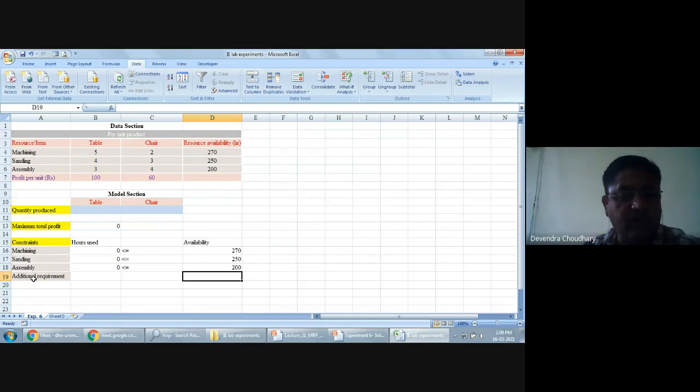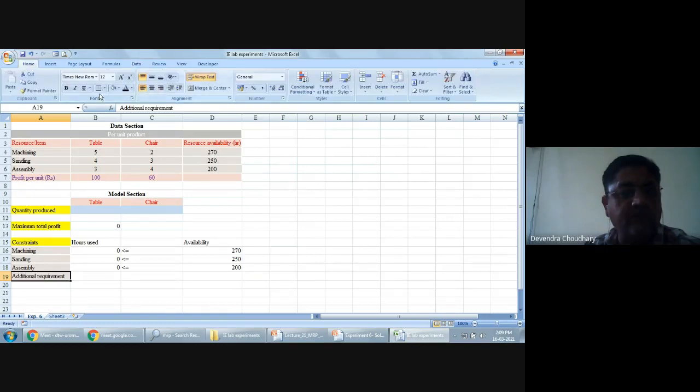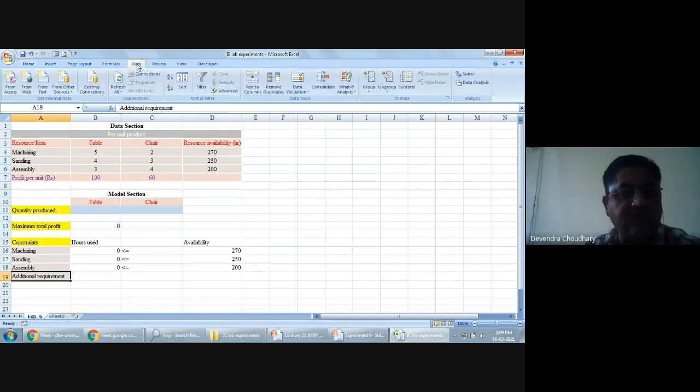Right now, I am not considering this additional requirement. Or we can consider it, but let's see what happens if we only have these three original constraints right now.